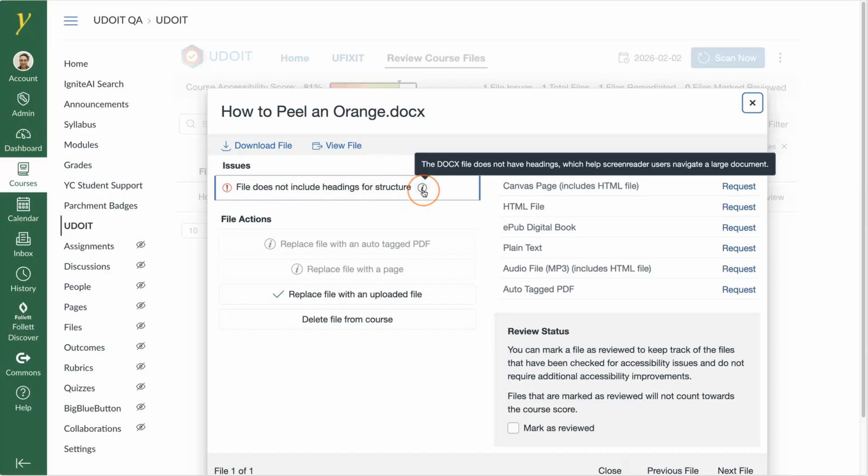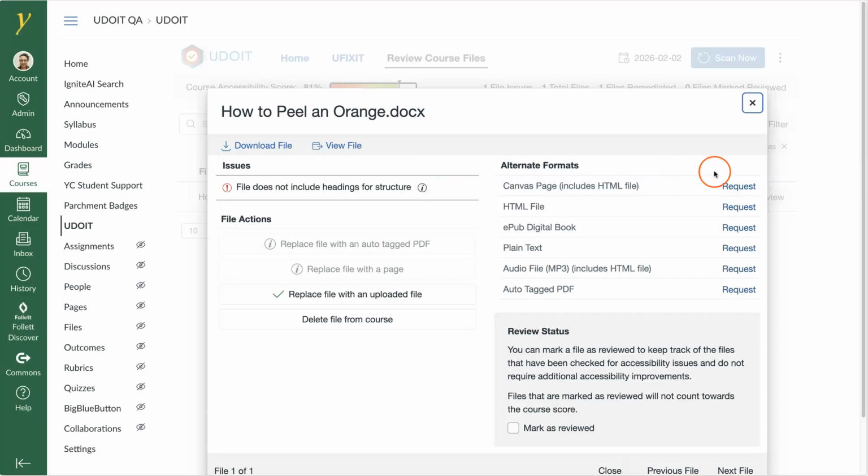When I hover over the information icon, all it says is this file does not have headings, and those help screen reader users navigate a large document. Okay, well, that doesn't tell me how to fix my file. So